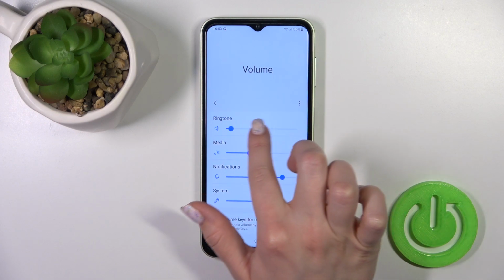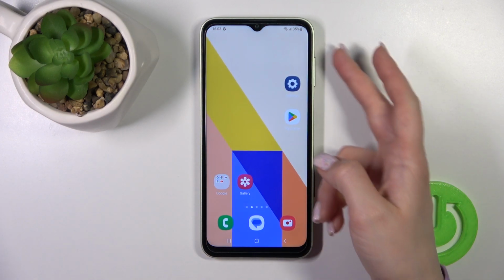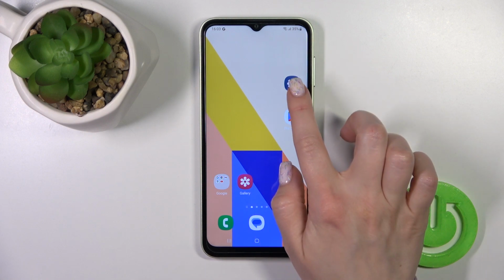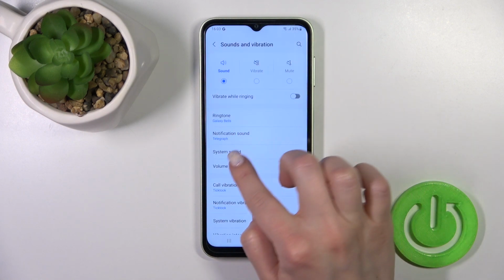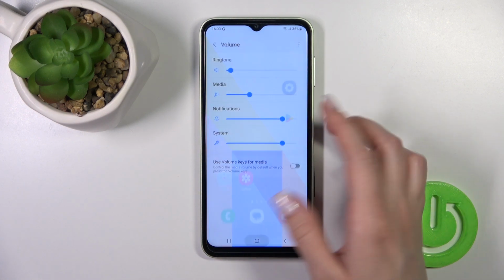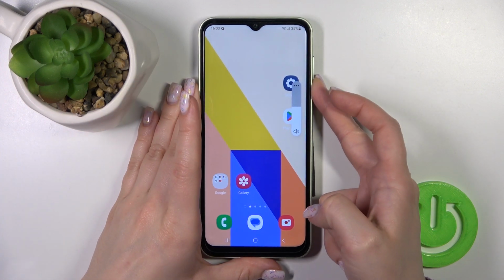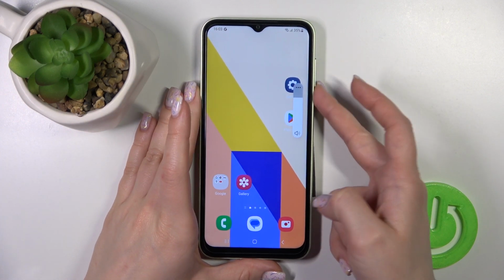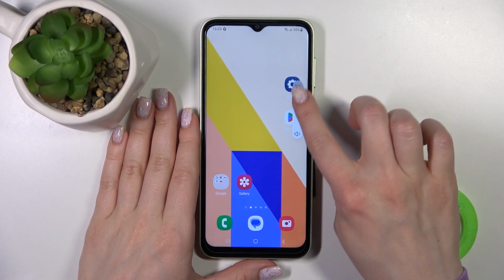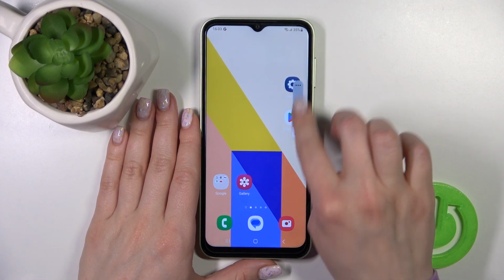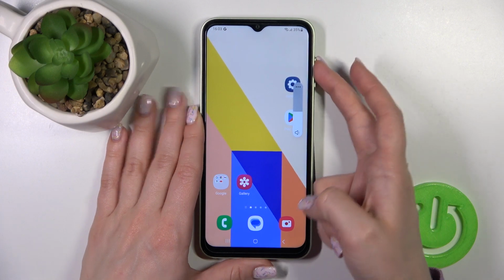this blue dot to the left or to the right side. Also, we can do it with the help of the volume buttons. Just first be sure that this switcher is turned off, and now press the up or the down volume button, and we can see that we just successfully changed the ringtone volume. Also, we can slide with the finger up or down this volume panel after the press